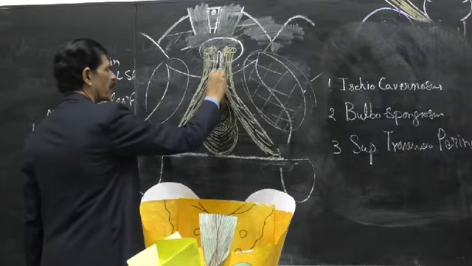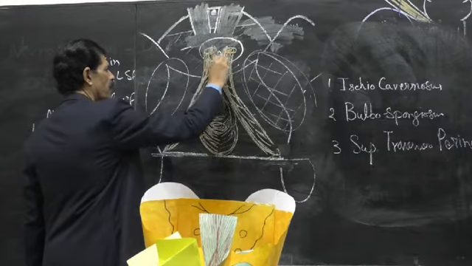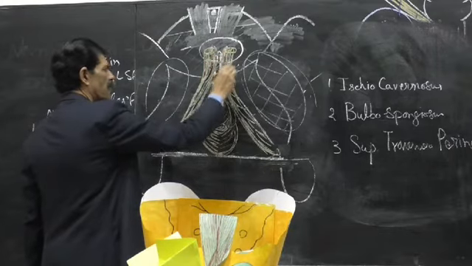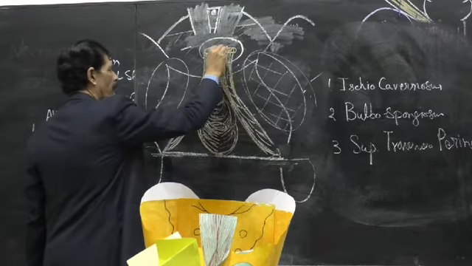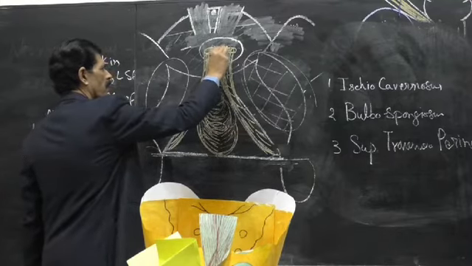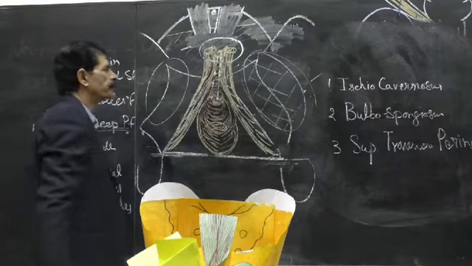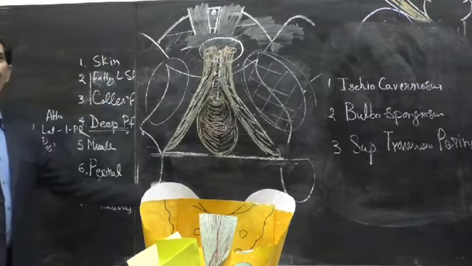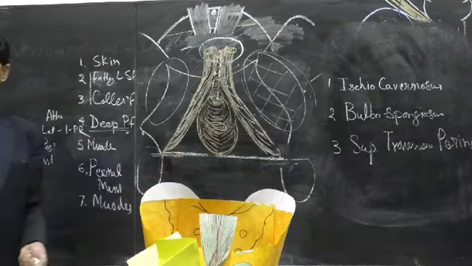Then it has got a superficial part. So fibers, they go on the dorsal aspect of the urethra. They encircle the urethra and they go around the urethra. And on the dorsal aspect, they also cross. So that is called the bulbospongiosus.